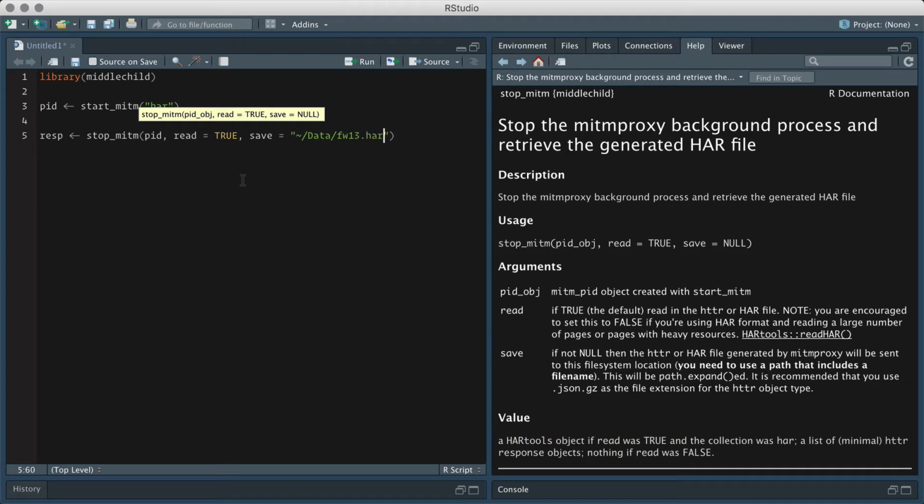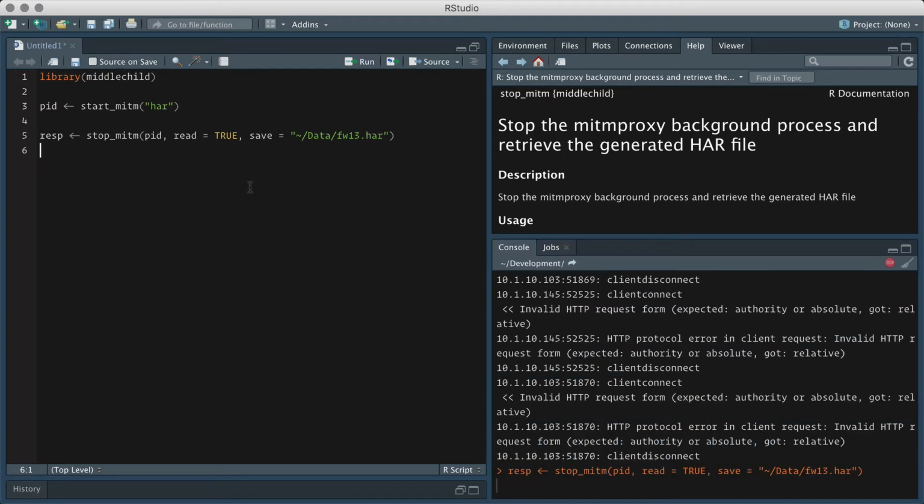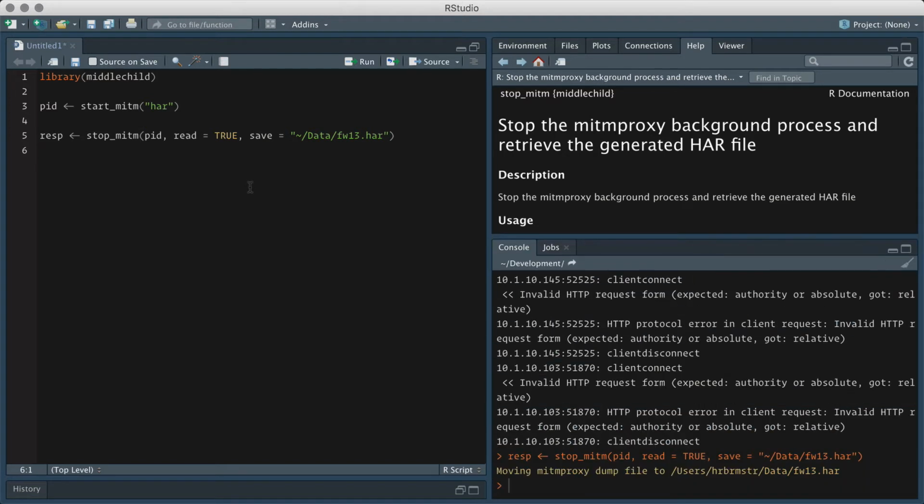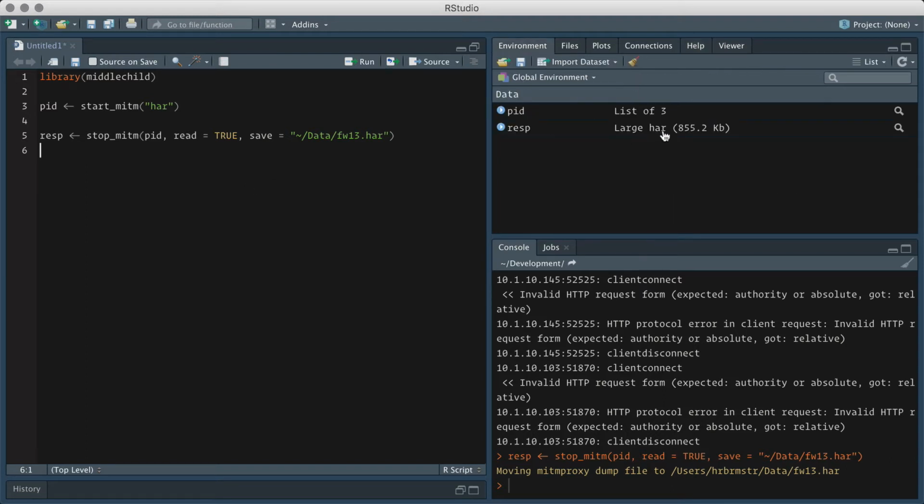We're going to save it out to my data directory as a har file. We won't use it in this session, but I'm just going to do that so you can see what happens. So it's stopping the proxy server. It's not going to handle any more requests. We've saved the dump file, and we actually have an object in memory now that has a pretty large set